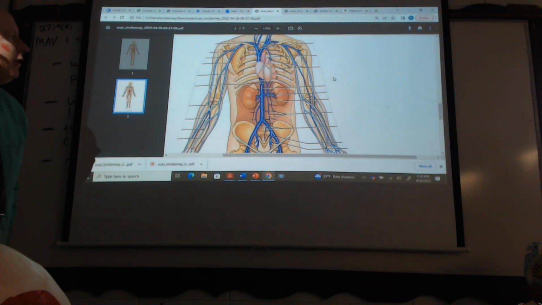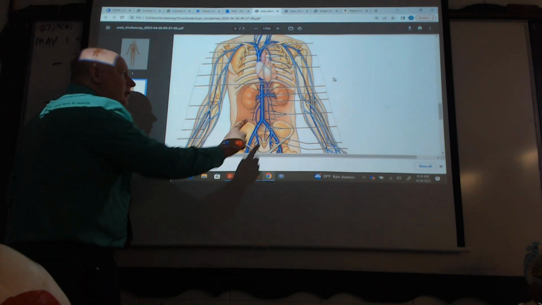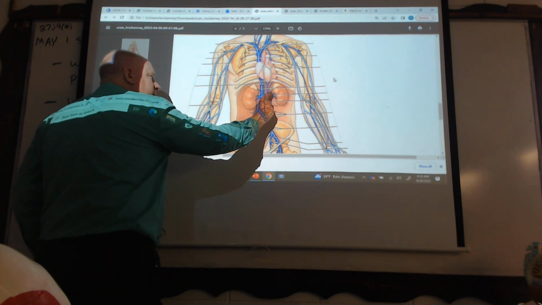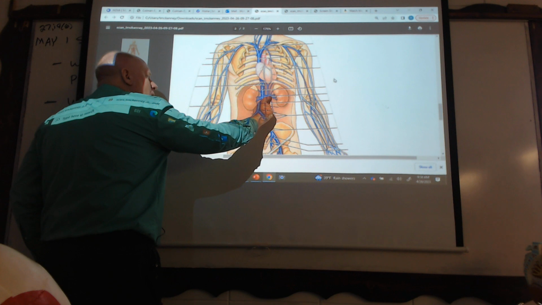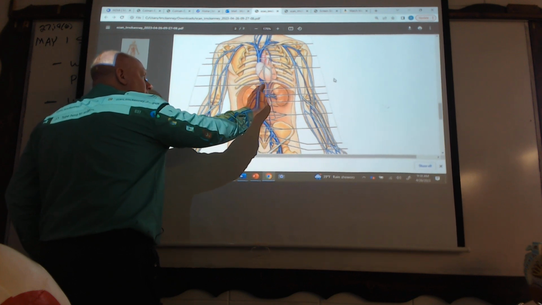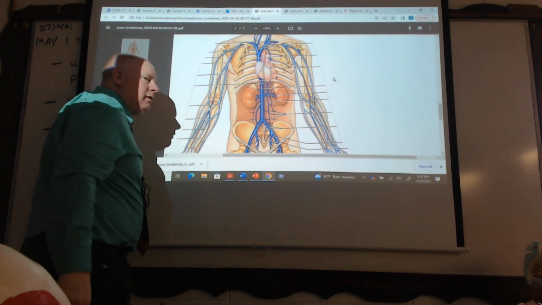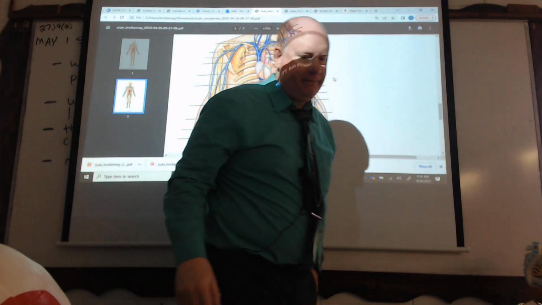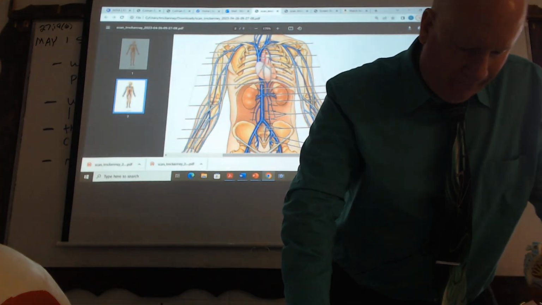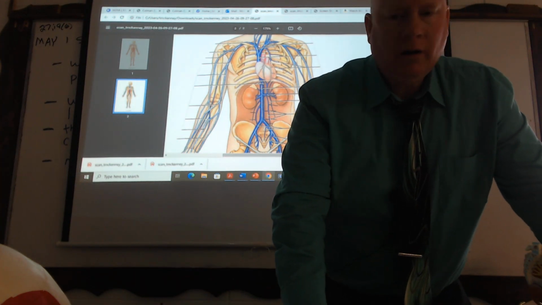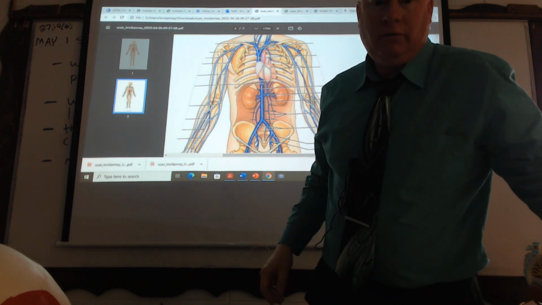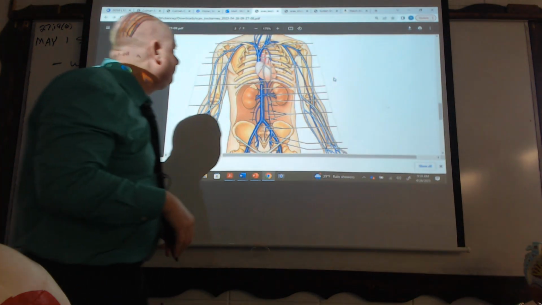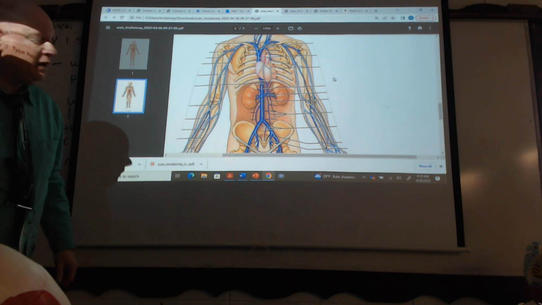Okay, then what vein would this be? Renal vein? Hepatic, that's right, okay, the hepatic vein. All right. So, then as we're getting closer,